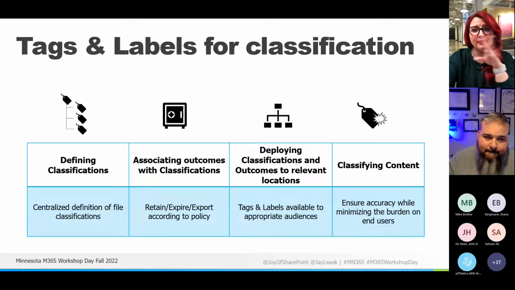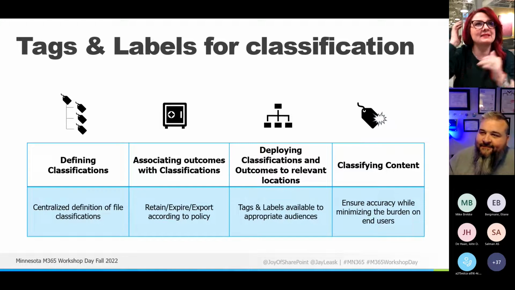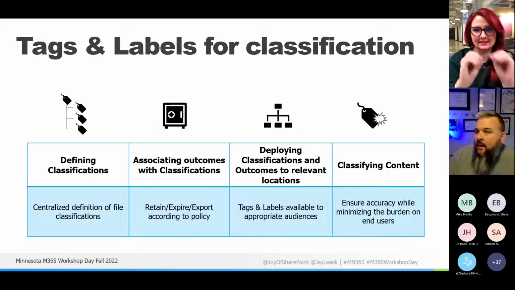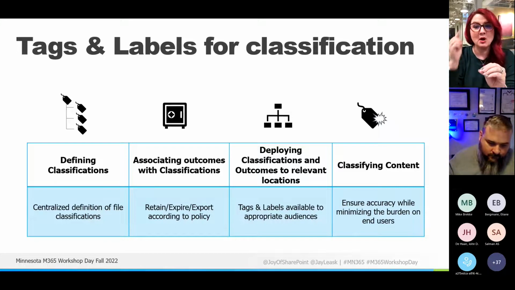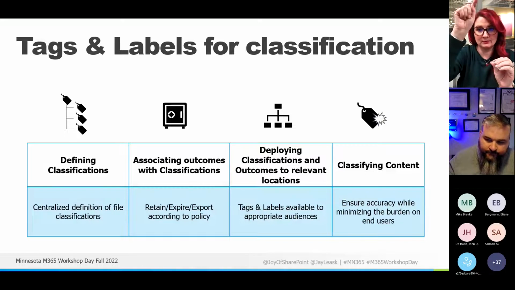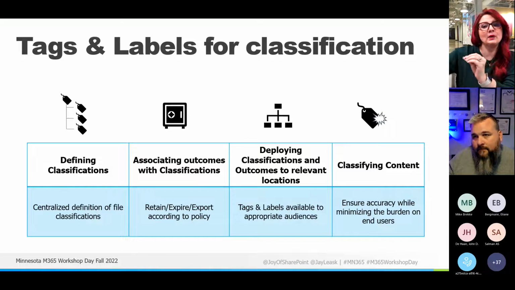For some people, 3 is way too many. For some people, 1's enough. I'm not going to do any more. Some people, they'll do 10. But it's like, what is necessary to be able to perform the desired outcome? What do you need to know to be able to say, oh, this is a retention in place or archive in place? This is a delete in 10 years. This is a keep for 20 years. What do you have to know?